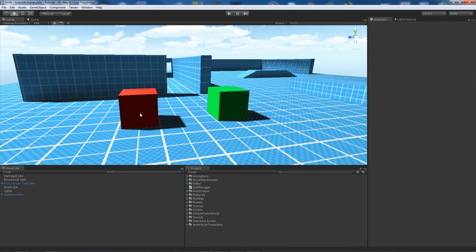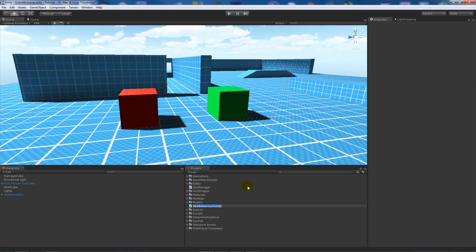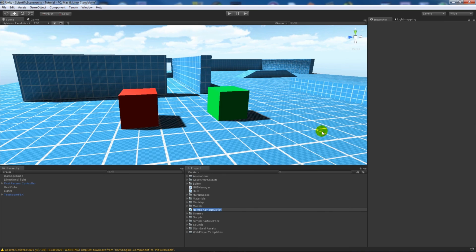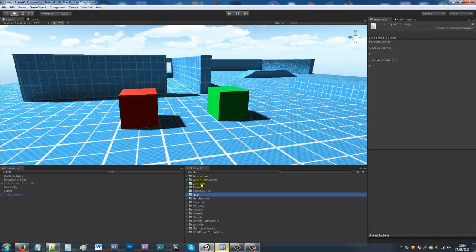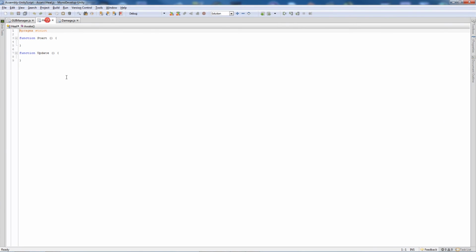Now you may want to actually create some objects which actually hurt and heal. So if I create a script called heal, JavaScript, and I create another script called damage, what I'm going to do is open heal and open damage. You can skip this part of the video if you don't want to see it, but what I'm going to do is actually get rid of these two functions for heal, and I'll write function OnTriggerEnter,